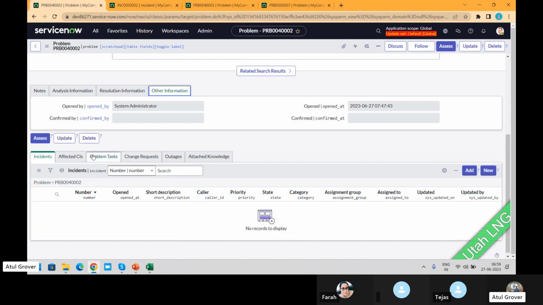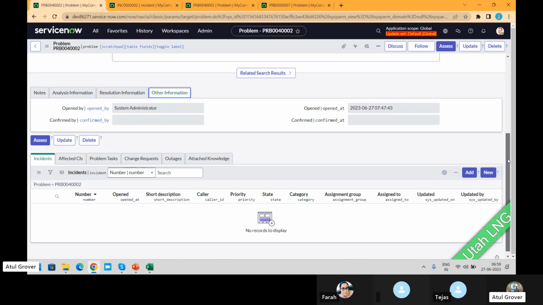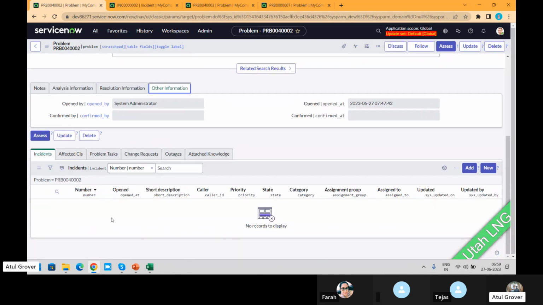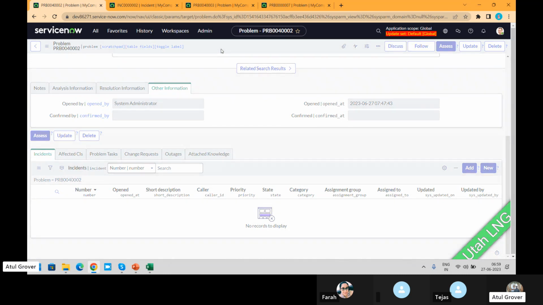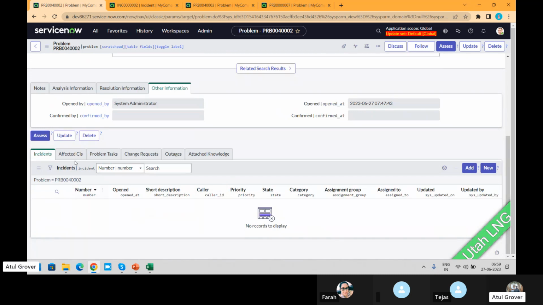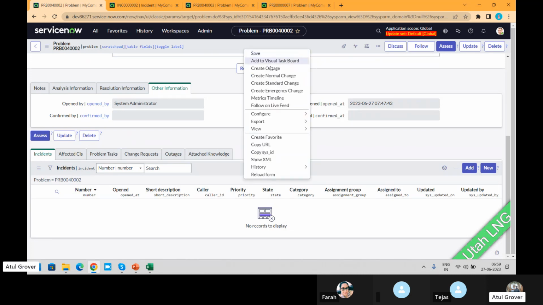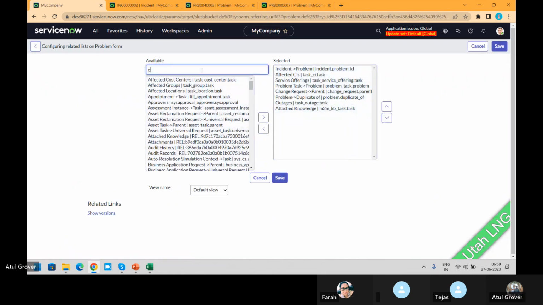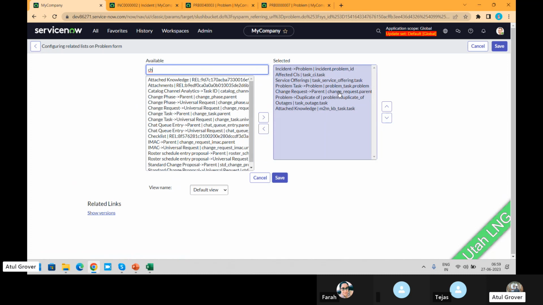Now if you see, this incident is not appearing in here. Number 2, let's save and see. Will it appear? I'm sure no. Incident and change. And again if you say change, Atul, is it fixed by change or caused by change? Let's come and see here. Anything else? It's a parent change request only to fix it.